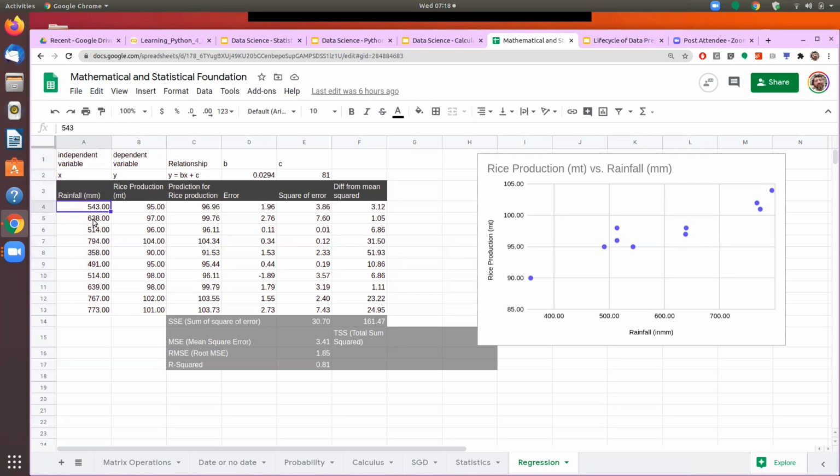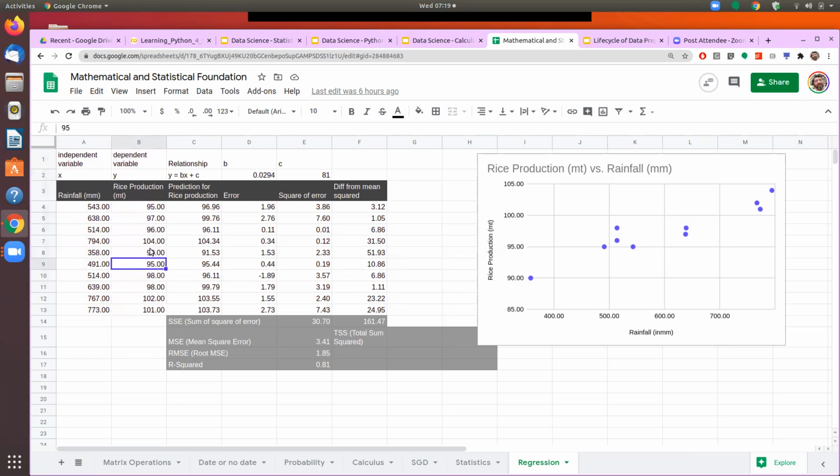Obviously, it could be several other things, like the area in which the sowing has been done, or the temperature, or not just the rainfall in the total country but the distribution of the rainfall. So several elements could be coming in. But to start with, we'll just take one value, which is the aggregate rainfall in the country, and with it we will try to make a prediction of the aggregate production of rice in the country.